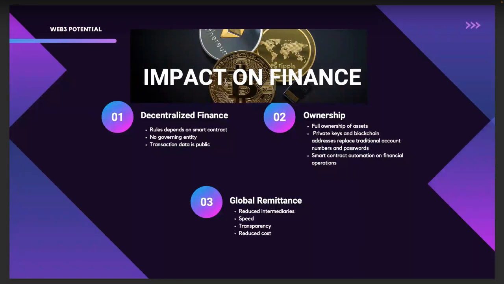Then when it comes to the impact on finance, ownership gives you 100% ownership. On the blockchain, you have a private key, which is what gives you the key to your asset. We also have smart contract automation of financial operations. How is that possible? It's possible because